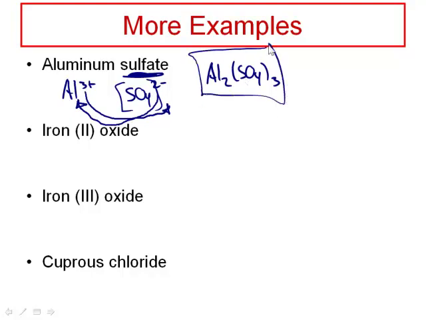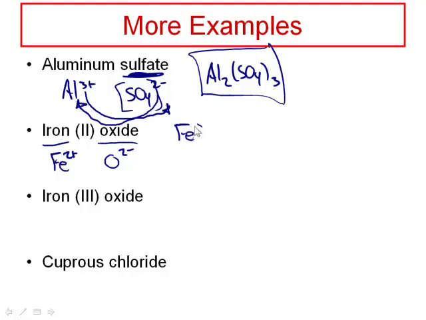Either way, the logical way or the shortcut way, will give you the same result. Next, iron(II) oxide. What this says is that the iron has a 2+ charge. The oxide, of course, is a 2- charge. Now, if I just use some logic here, this is a 2+ charge and that's a 2- charge. I only need one of these to balance out the charge in the iron, so the formula is going to